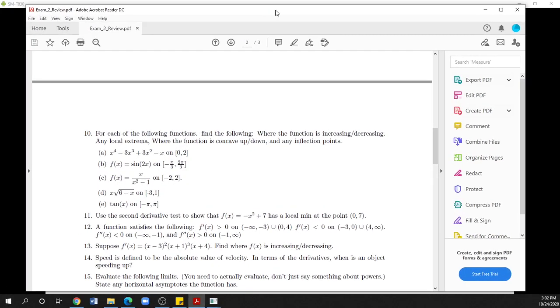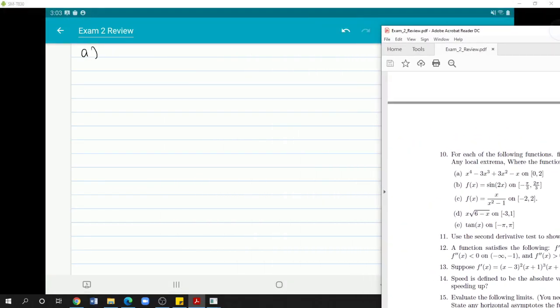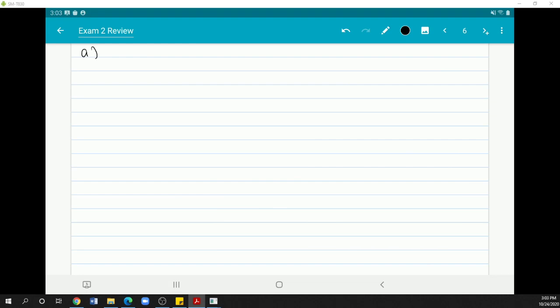All right, now we're looking at number 10. I had to erase A because it didn't work. I think I got it from the book and you need a calculator for it. You could do it, but it's not a good visualization of what's going on. So instead we're going to start with f of x is equal to sine of 2x. And we want to find where it's increasing, decreasing, where any extrema are, and where it's concave up and down, and